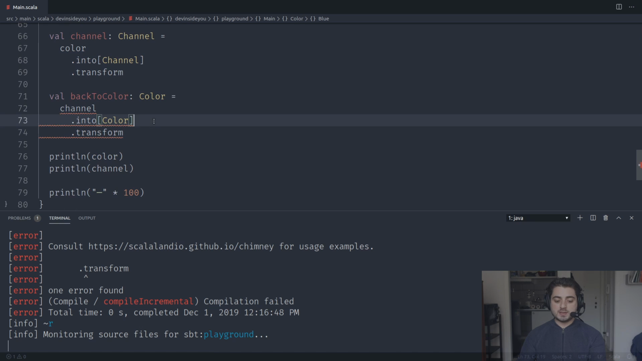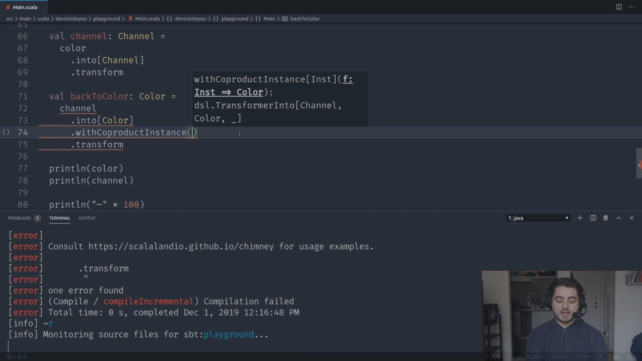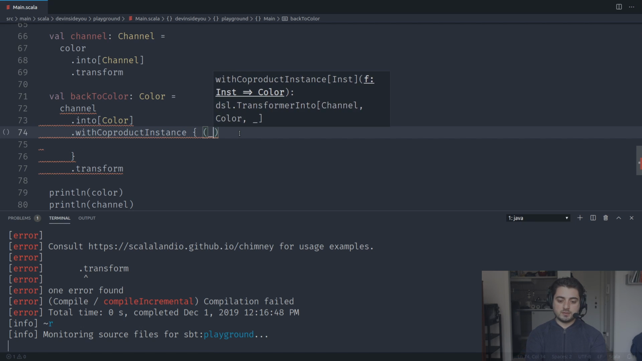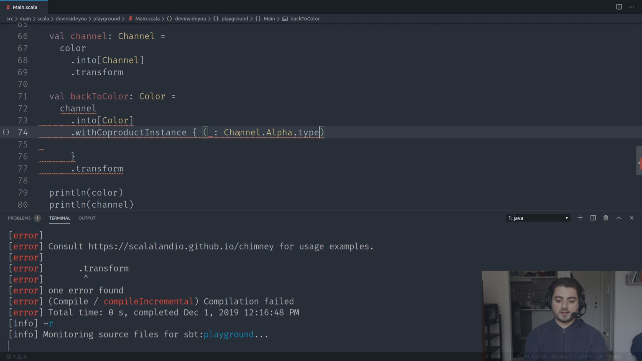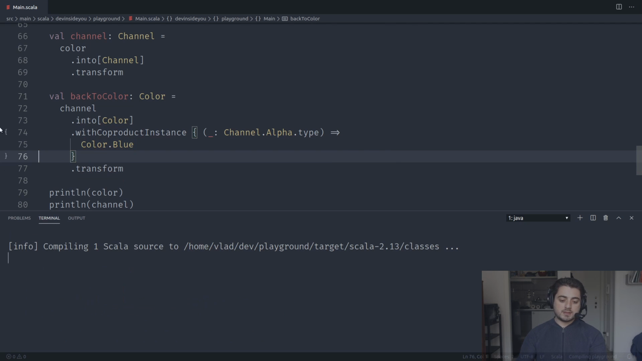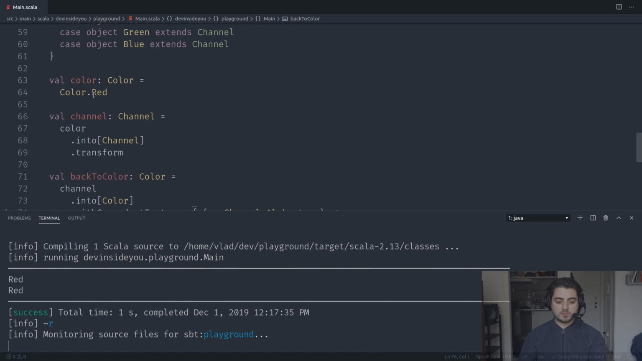And the same as withFieldConst and withFieldComputed, there's a special one for coproducts called withCoproductInstance, like this. And the signature is a little bit weird, but basically we need to pass it a function that will say, okay, if it's a channel alpha type, then in this case let's map it to, I don't know, let's map it to blue. So in our case it's not alpha, so it's still going to map it to red, but in case we had